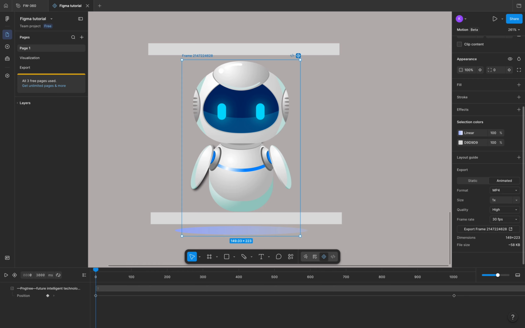So let's just go with SVG or GIF. Let's go with GIF. And then for the size, we want to go with 2x. Then the frame rate, we want to go with 30 FPS. And we want this to loop. We want it to loop. So if I click export,